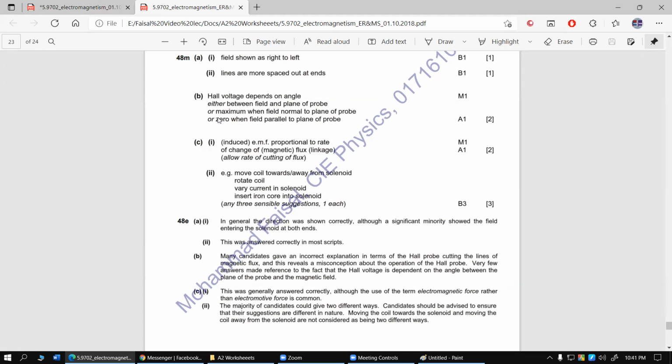Okay. Mentioning this exclusive sentence scores you 1 mark to begin with. You have to say this: Hall voltage depends on the angle, and the angle between what, you can explain and write. I would appreciate if you write this. And then